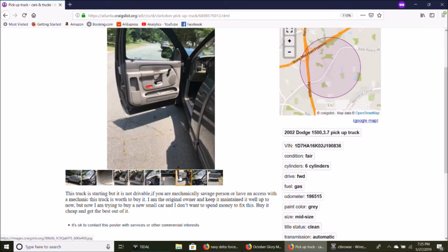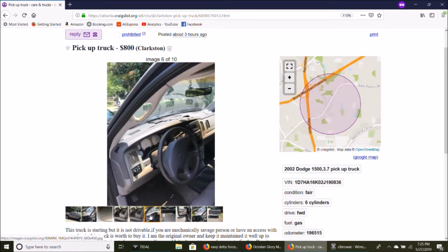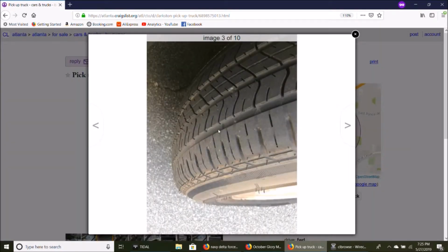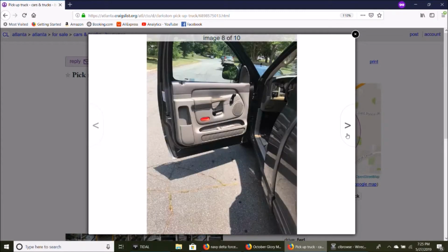So you've got to be mechanically savage, okay? Or you have to have access to a mechanic. What's wrong with it? I don't know. Right? Did he say that? No. He said it is starting but not drivable. It's starting but not drivable. And you've got some,